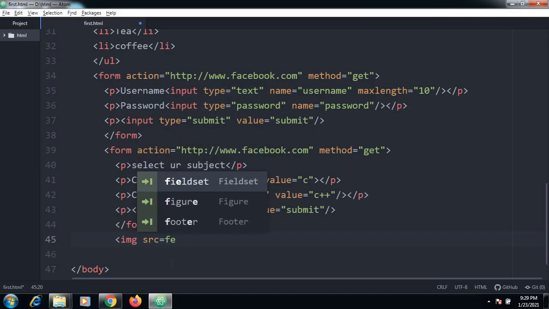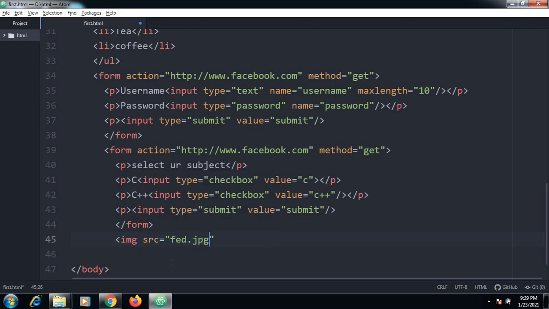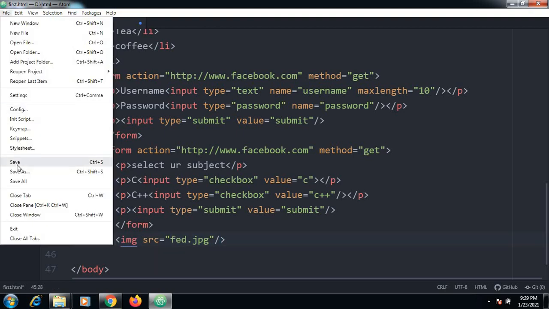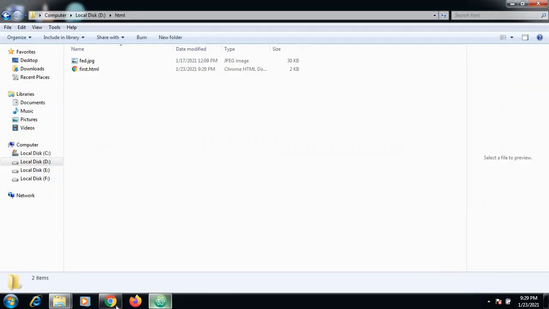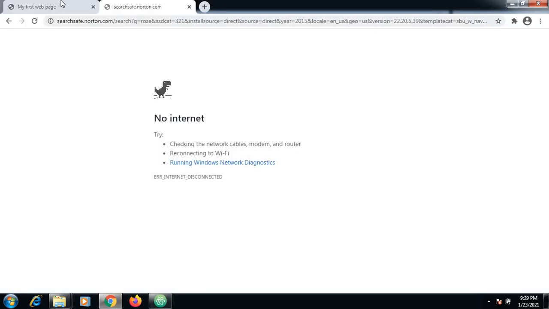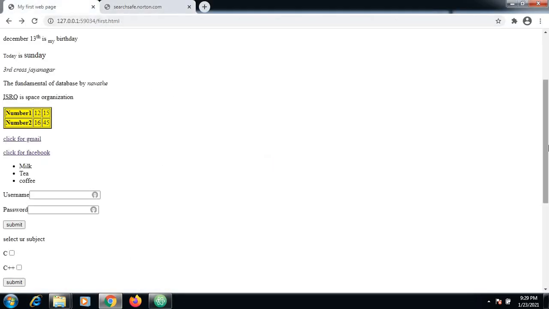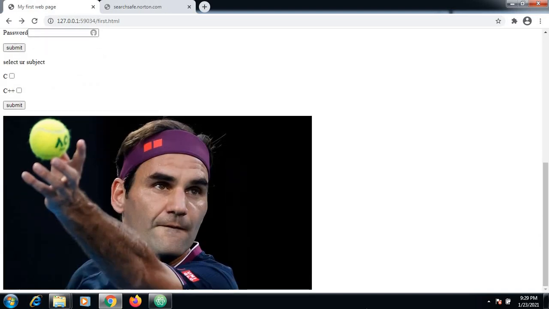So this is the image that I will try to display. What happens? Let me see this. I will try to execute this. So the image is being embedded in the page.